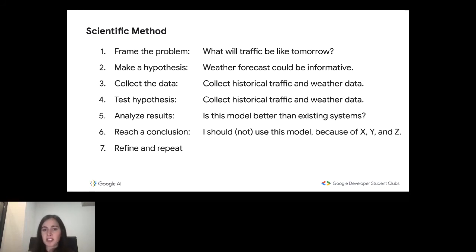And what happens if this model is not good enough? Should we end it here? Well, maybe we can go back and change our hypothesis, try to understand what went wrong. Maybe we need some other data. Maybe the hypothesis was correct, but we need more data. So then we have this step of refine and repeat. For sure, not forever, because at some point we might understand that probably we cannot solve this problem with this type of data. We should move on to a different approach.